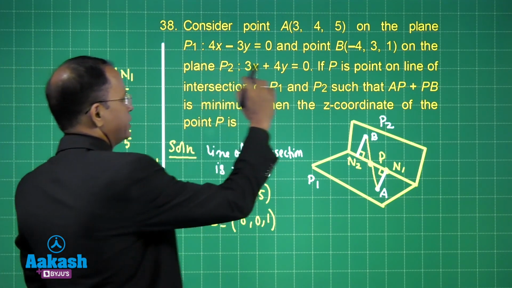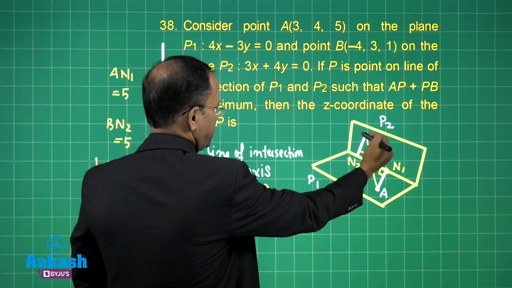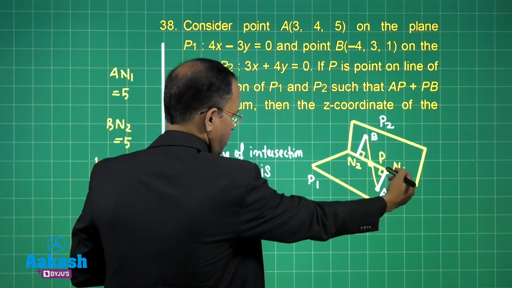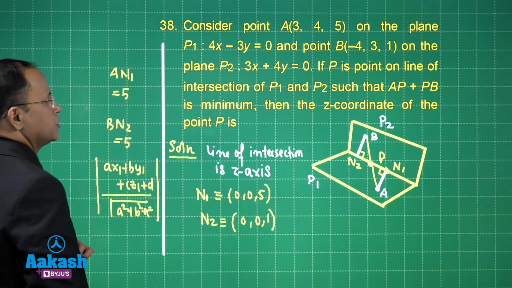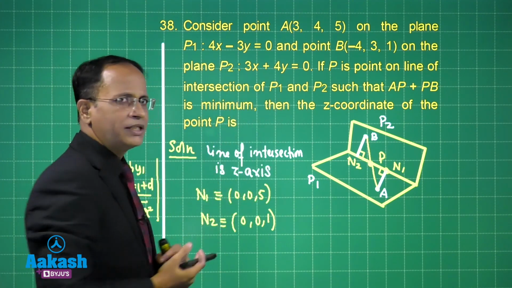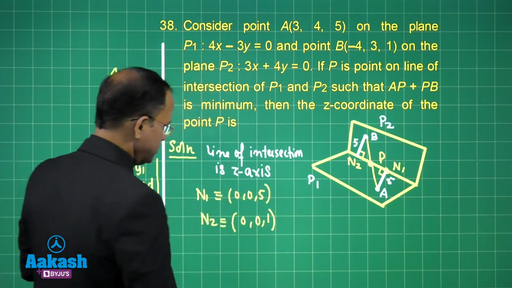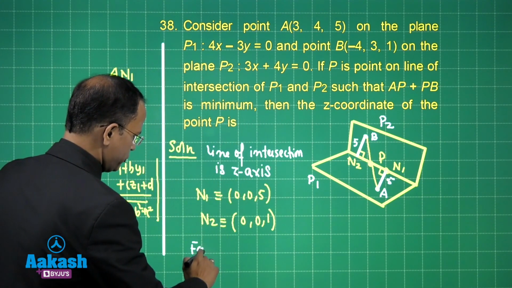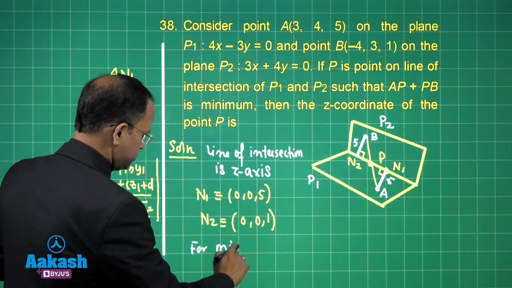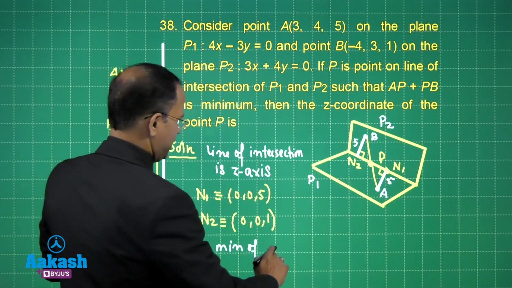If we have this point B here and we have to find this distance, we can use this because the equation of the plane is also given to us. For minimum of AP plus PB,